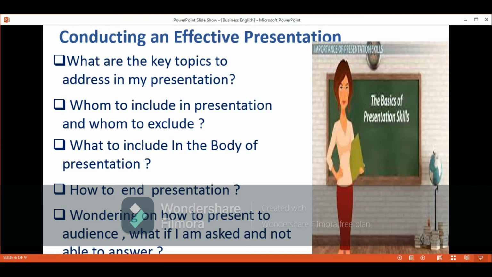Confidential data, right? What to include in the body of the presentation? How to end a presentation? What if I'm asked a question during the presentation and I don't know how to answer it? How can I leave a nice impression, without keeping the audience feeling that I did not satisfy their need? So how to answer them back? All of these presentation skills and preparing of the presentations and how to conduct a presentation, what are the key elements in order to start the presentation, that's what we're going to give you at Soft Academy once you join